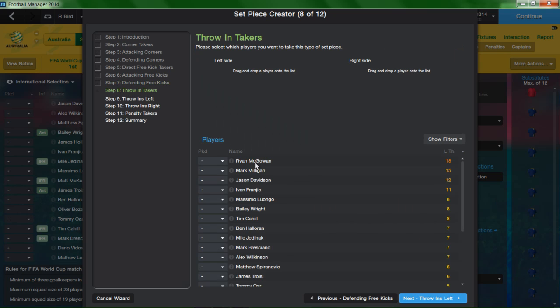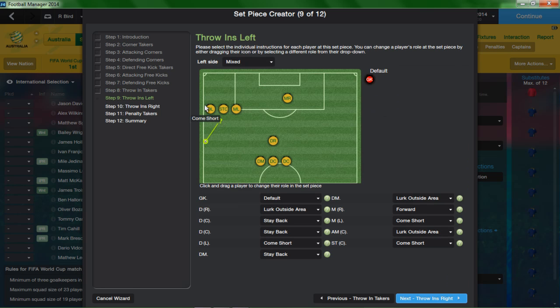Now we go long throws, and this is what I was talking about, Ryan McGowan. Look at that, 18 for long throws. So pretty much whenever we got a long throw of this side near the attacking third, yeah, it's pretty much a corner, because he's just going to huck it in there. So that's what I'm going to prepare here. Let's go here. Want him to switch. That's a bit of a gamble putting one there, but we want to do a long throw. So there we go.